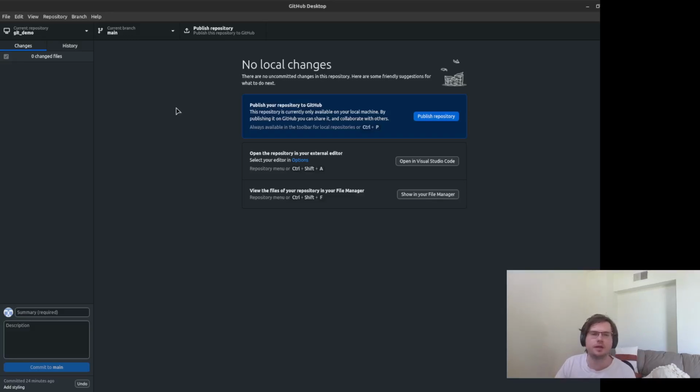Okay, so now what we're going to do, guys, we're going to take this repository that we've been making some minor changes to, and we're going to publish it to, in this case, github.com. This GUI that we've been using is generated by GitHub themselves, but it's just a wrapper around Git, which is the actual software that is making these changes and storing them inside that .git repository. Using GitHub Desktop, I don't think there is a way to publish to any online repository other than github.com. But in this case, we're just going to use github.com. There's absolutely nothing wrong with github.com. It is the de facto standard that most people use, so that's what we're going to do.